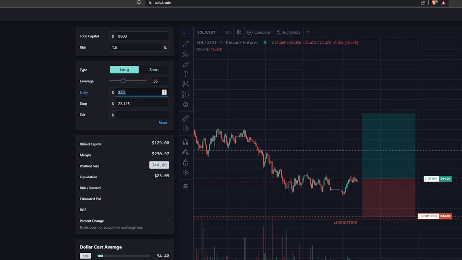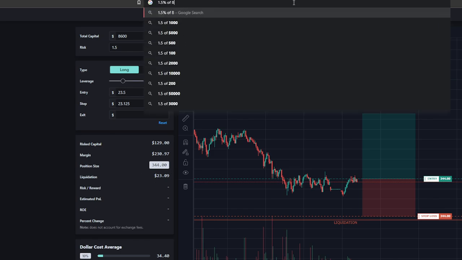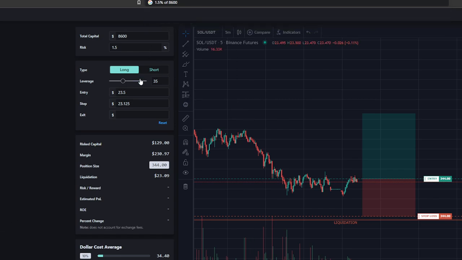Entry, put whatever entry I gave you for the trade setup, which is 23.5. And the stop loss place 23.125. Exit, leave this exit section. Do not write anything here. And now it gave us this information. What we see, risk capital is 129. What is 129? Let's Google 1.5% of 8.6k. It's the exact number. So this tells us if we want to use 35x leverage and risk 129, we need margin of